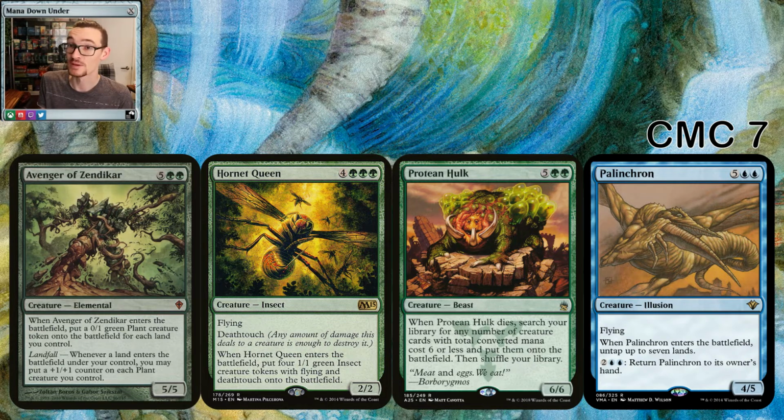Protean Hulk can be used in combos in this deck in a few different ways. I just use it as utility, get what creatures I need. If I need a couple of lands, I get the land fetching creatures. If I need small things down the line, get them. But you can use them with